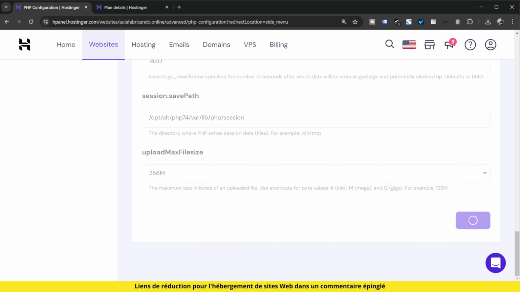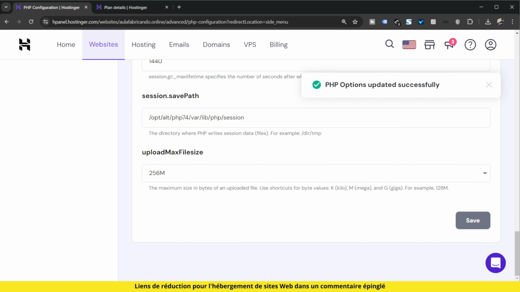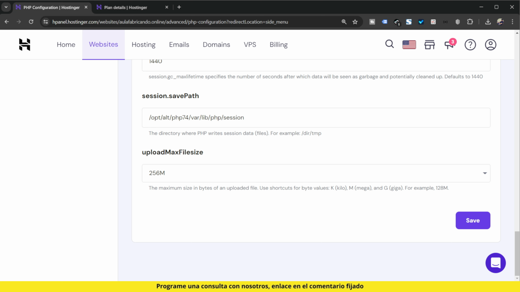Come down here, save, and this step, after a few seconds, can completely change the performance of your website, including making several plugins that had stopped working due to PHP memory usage available on your website again. Excessive memory or not excessive, just the necessary usage, gets them back up and running. So, check with your hosting company if your plan has memory values greater than 1 gigabyte. 1024 megabytes. Ideally, plans should have more than that